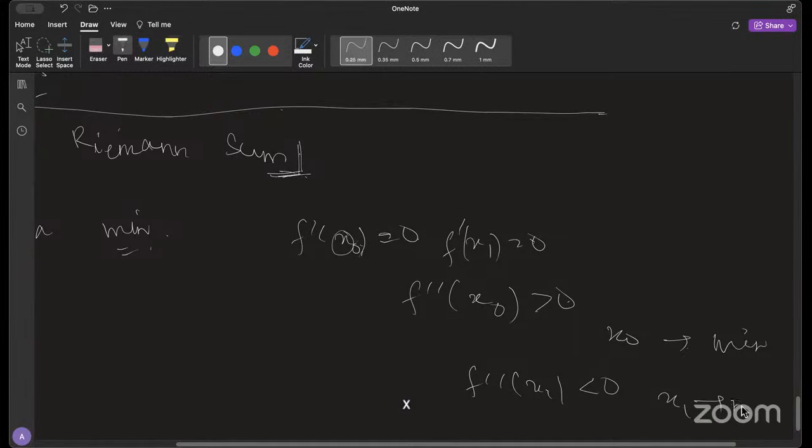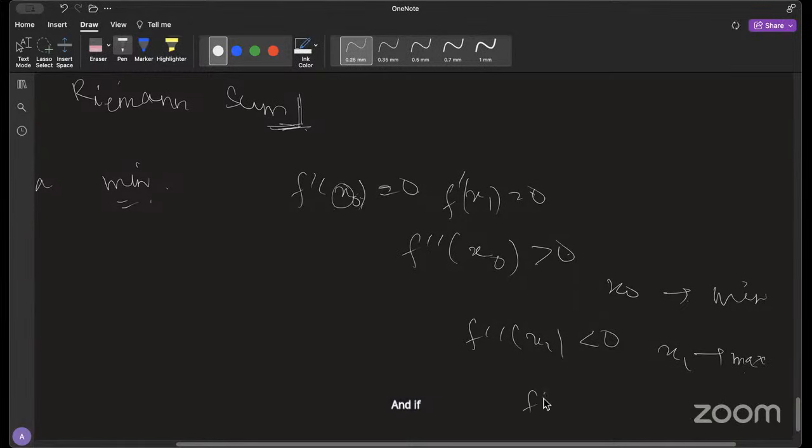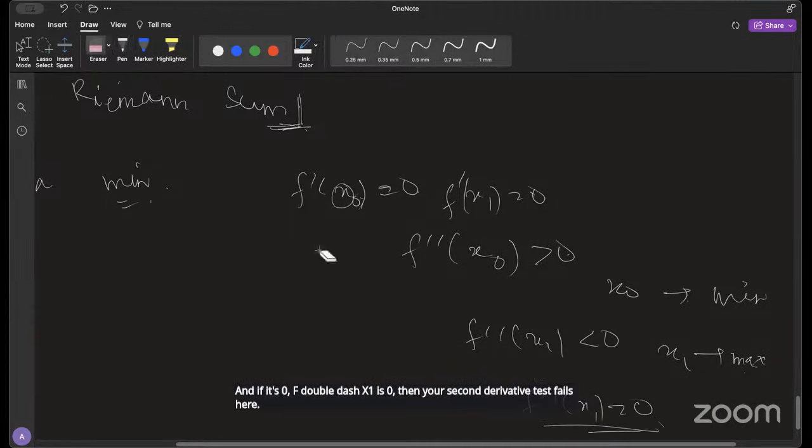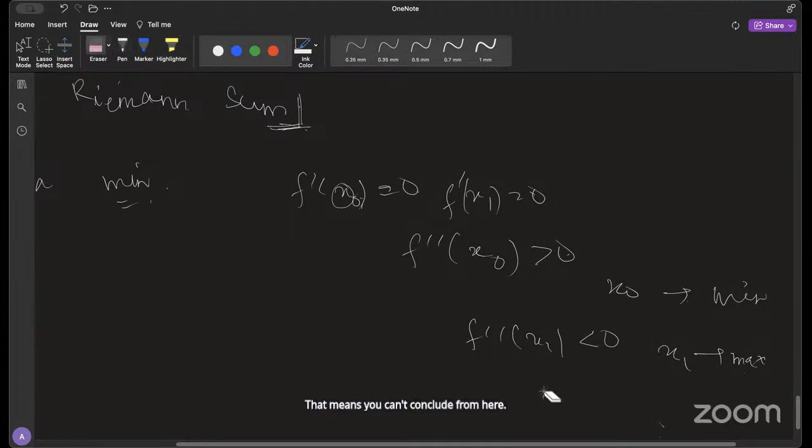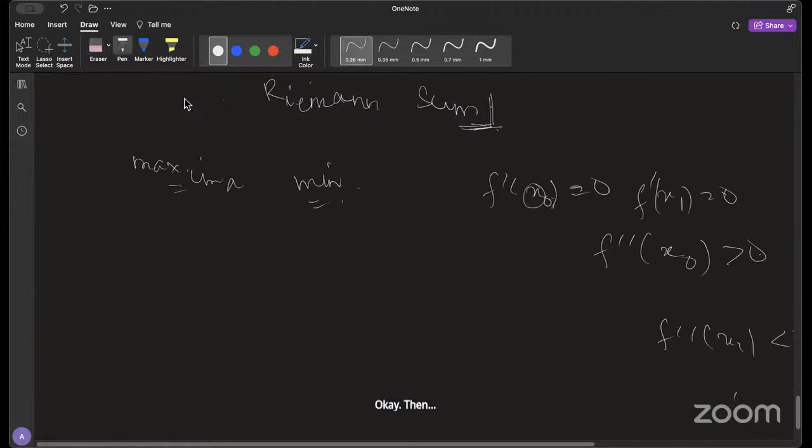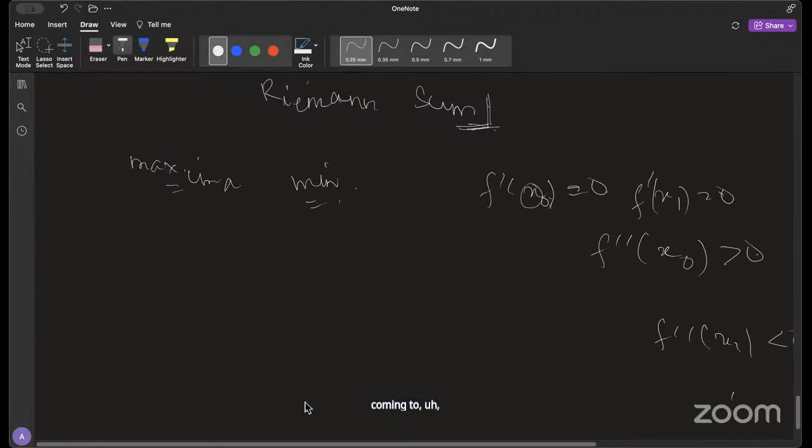X1 will be a point of maxima. And if f double dash x1 is 0, then your second derivative test fails here. That means you can't conclude from here. Okay. Then coming to after maxima minima, the next topic is, just one second,